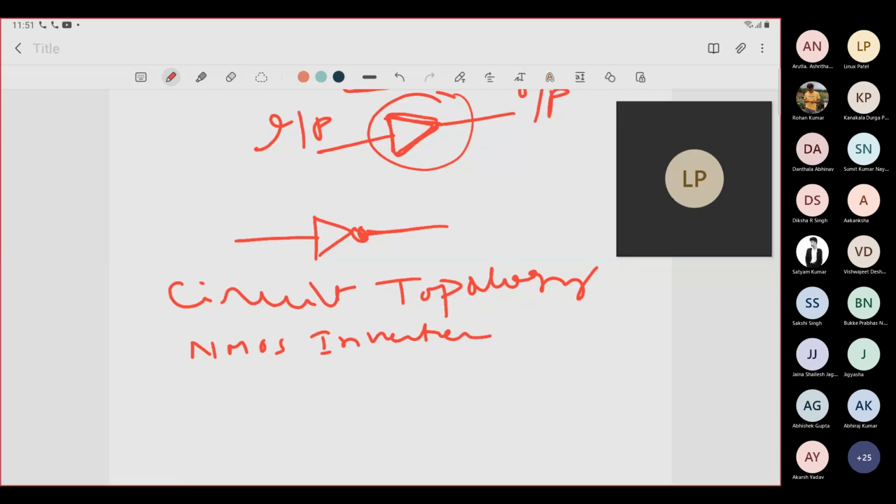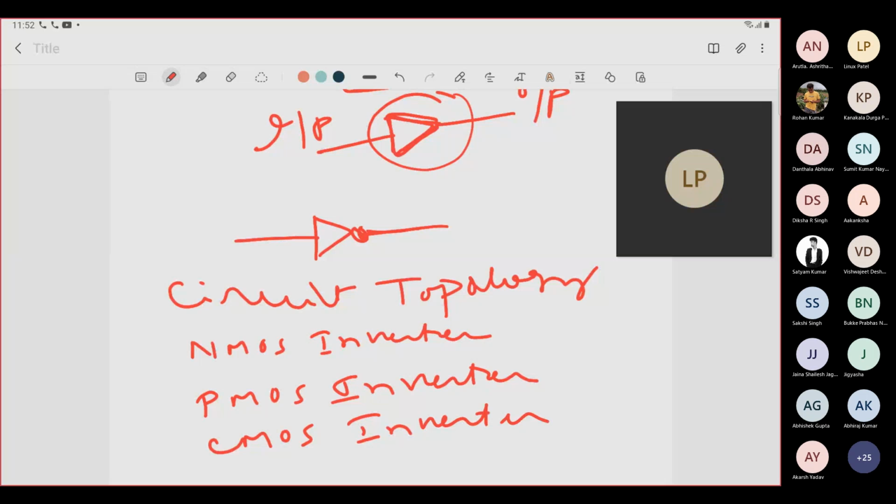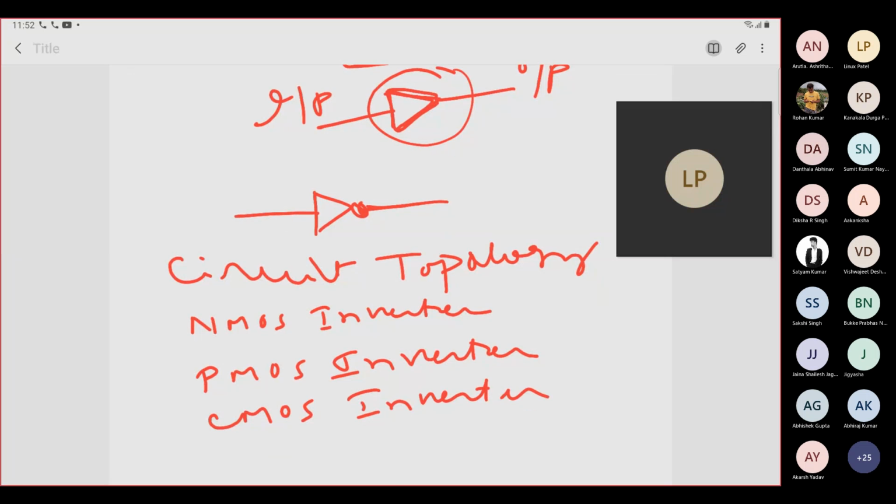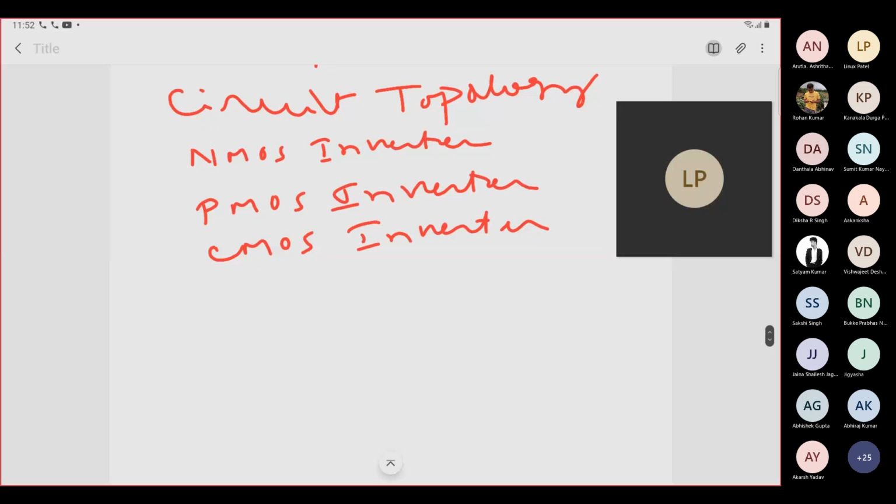Then you will get your PMOS inverter. Then you will get your CMOS inverter. This topology depends upon what type of devices you are using, whether you are using an NMOS inverter, PMOS inverter or CMOS inverter. If you come to the NMOS inverter,